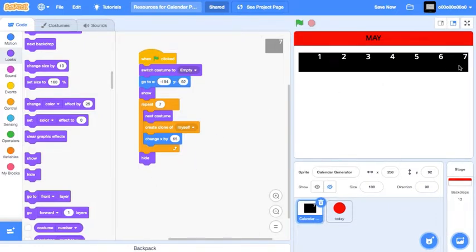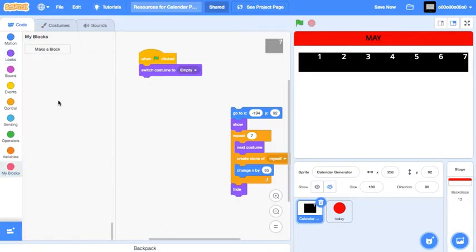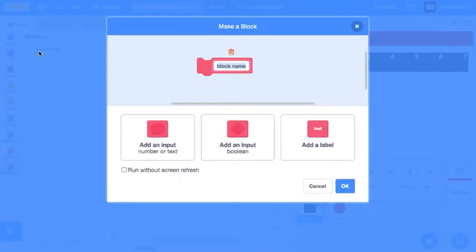Next, we have only generated one row. So how about we turn this into a custom block that immediately does it. Make a new block. Generate first row.